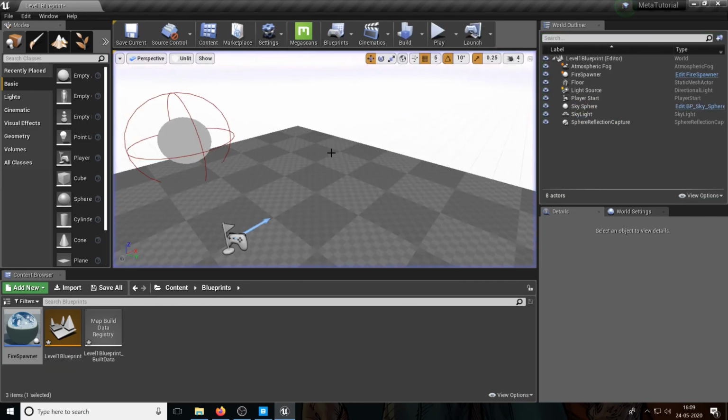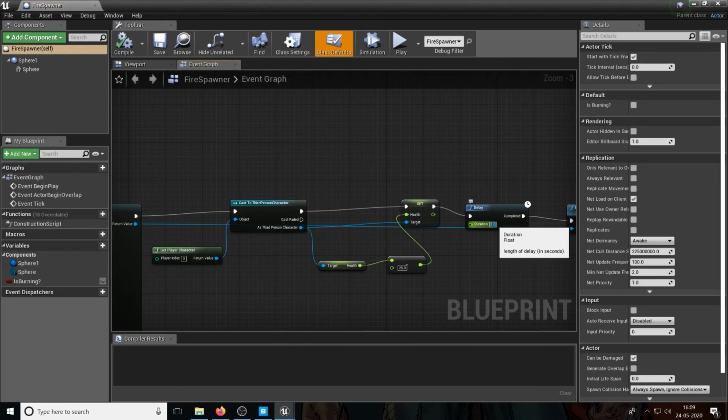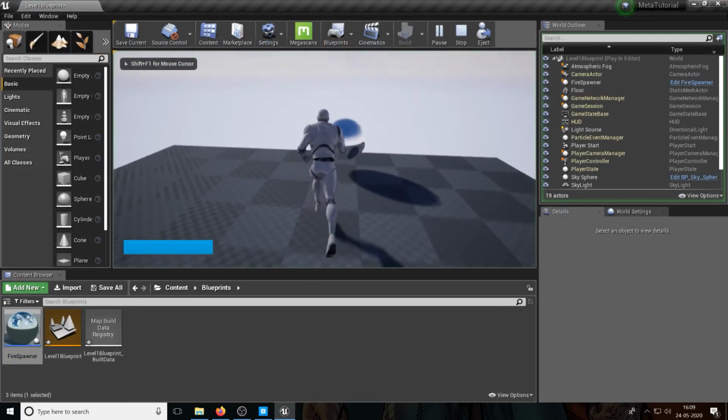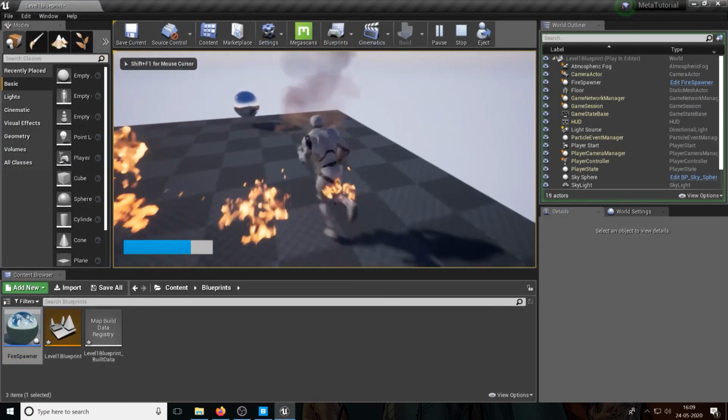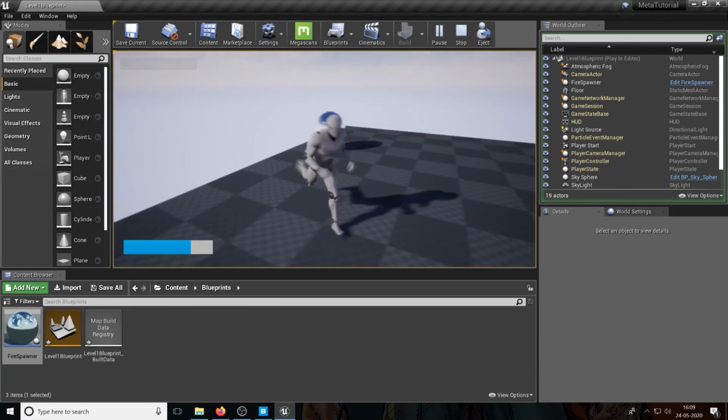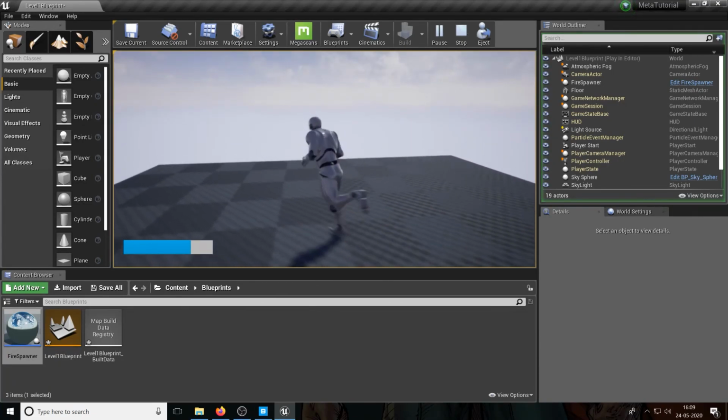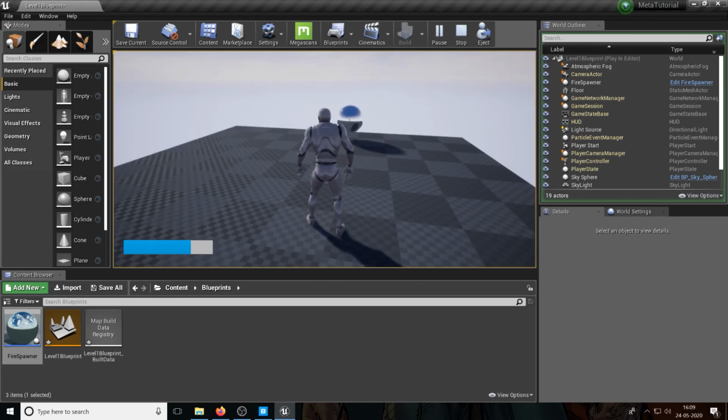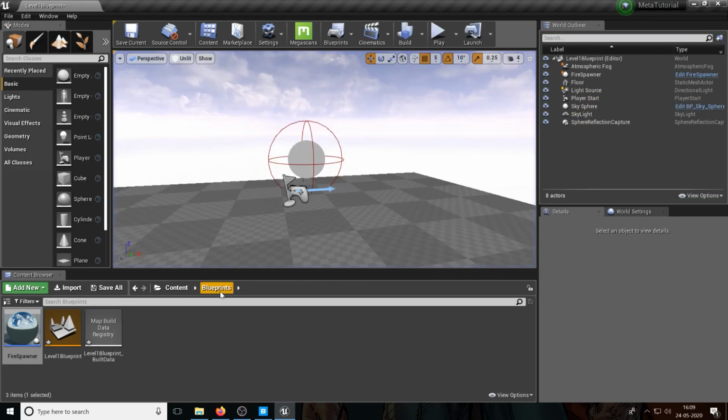So that's your fire spawner right there, guys. And if you want, you can play with the delays. Maybe make it 4 seconds. Maybe you want the player to be on fire for a while. He's lost 25 health, he's got on fire, and now he's fine. So that's how you kind of use logic to make your health bar go from one blueprint to